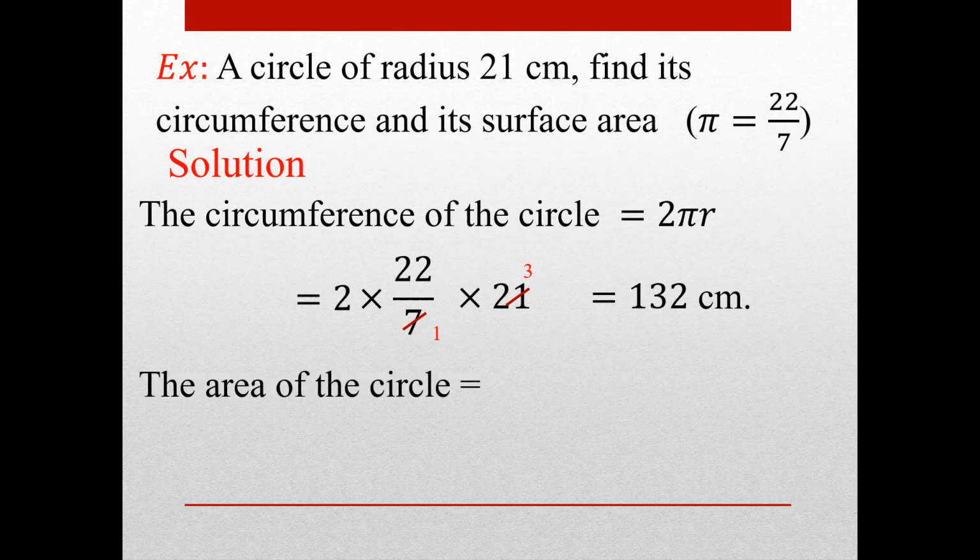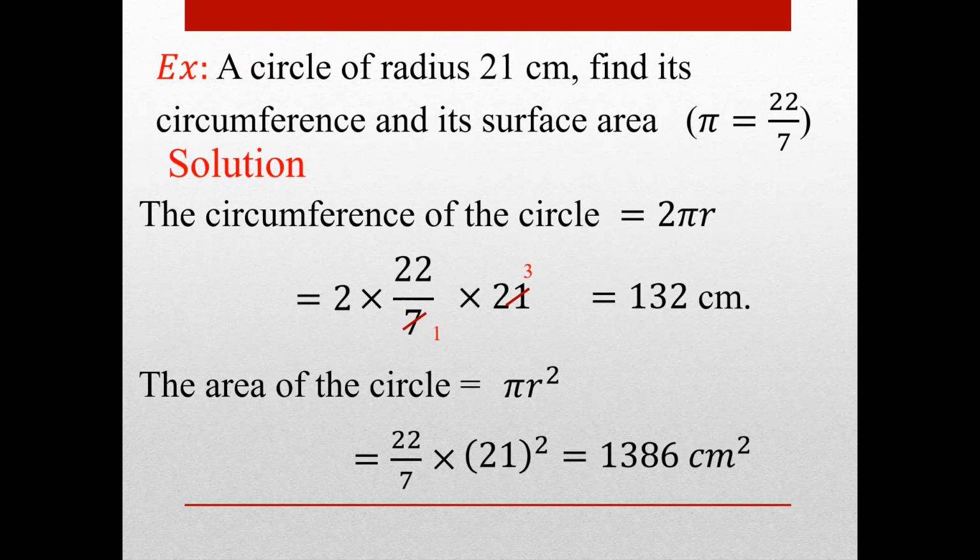I want here the area of the circle. I must write the rule first: pi r squared. Pi equals 22/7 times r squared, which is 21 to the power 2. So the answer will be 1,386 centimeters squared. In the circumference, the unit will be centimeter,